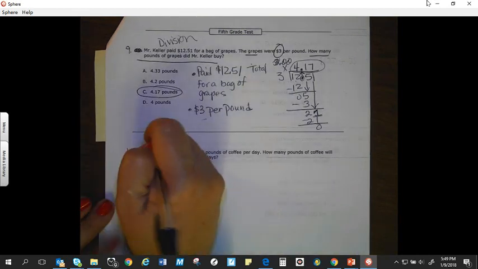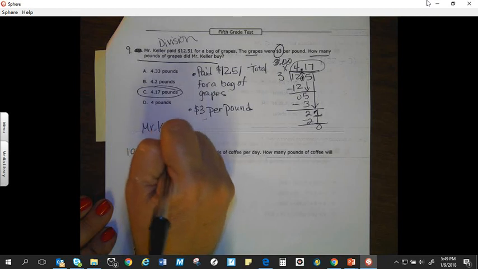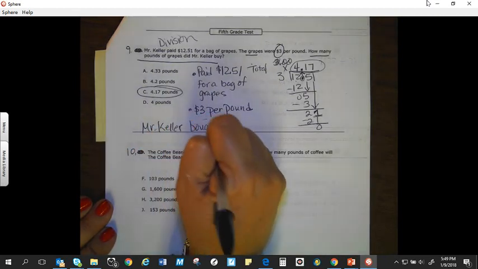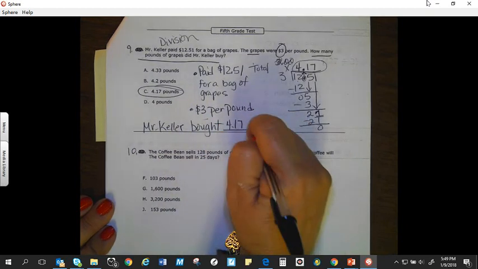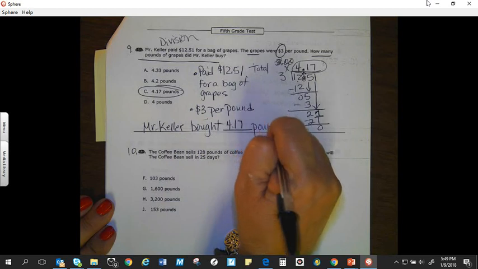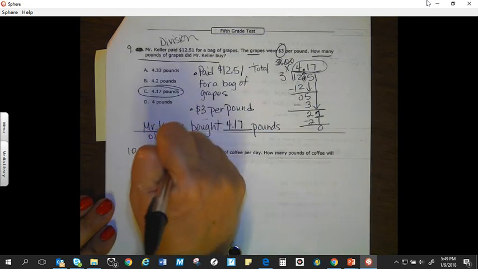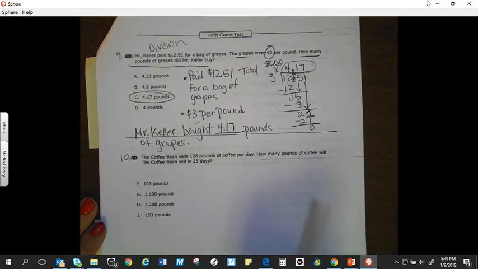So Mr. Keller bought four and 17/100 pounds of grapes. Okay. And the last one. The coffee